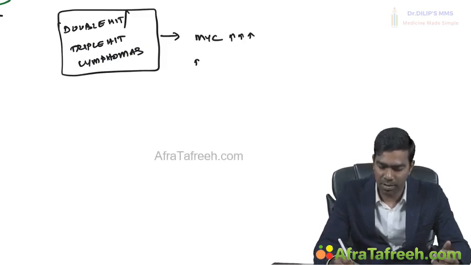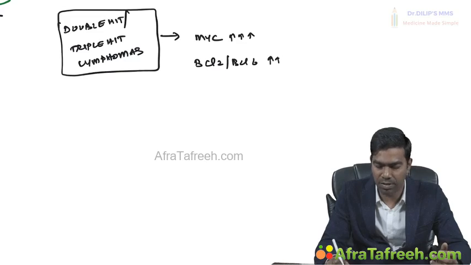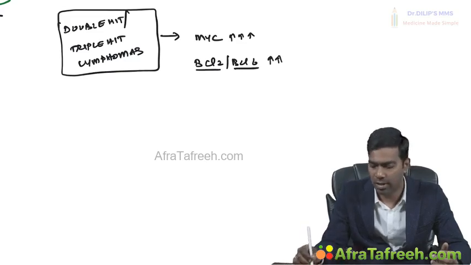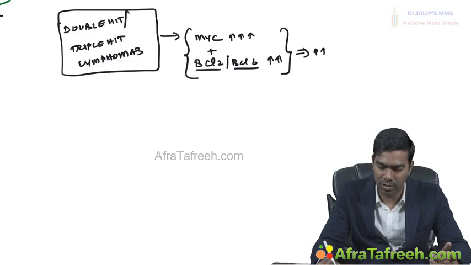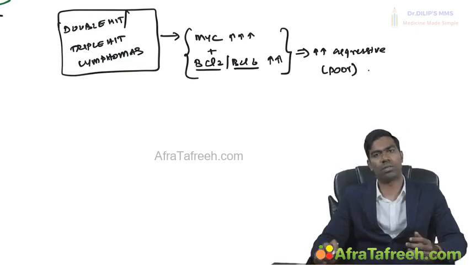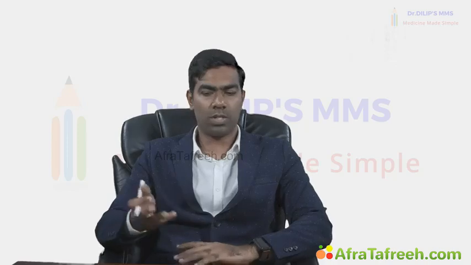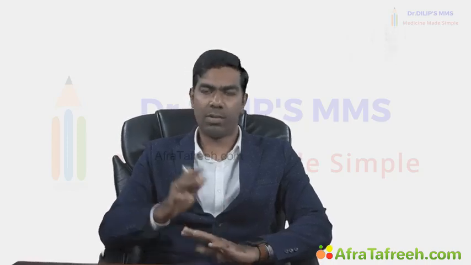At the same time, they will have either BCL2 or BCL6 amplification also, either this or that. Definitely associated with it, they will have a MYC translocation also. This is associated with extremely high aggressiveness and a very, very poor prognosis. If you ask me the most aggressive, I'll say double hit or triple hit lymphomas only, but